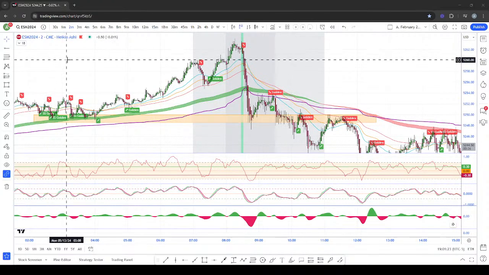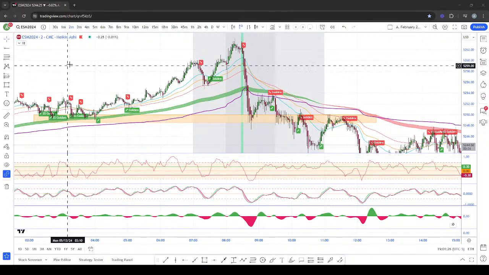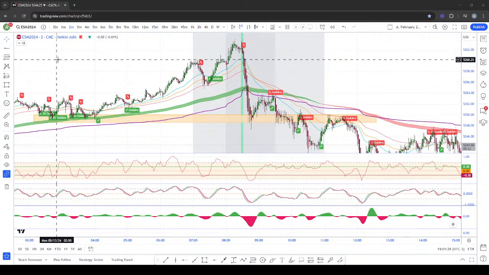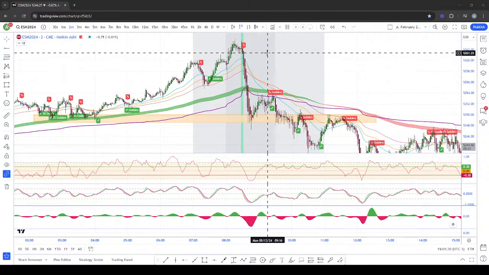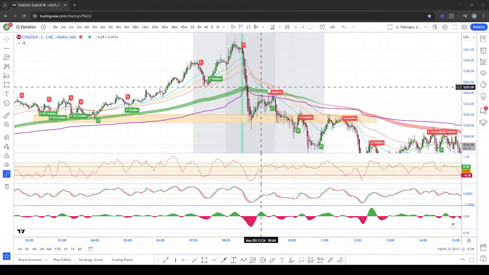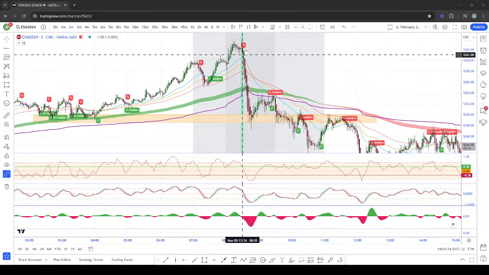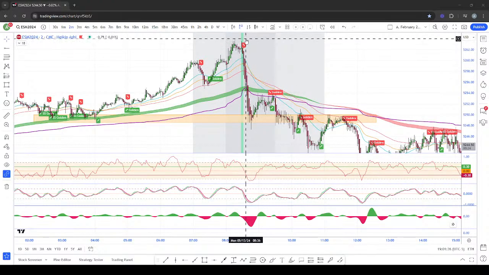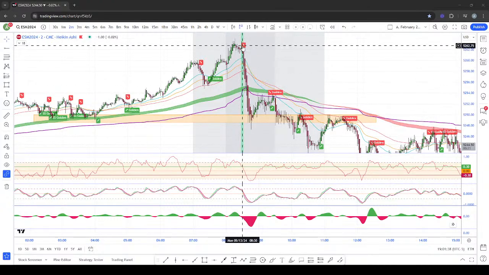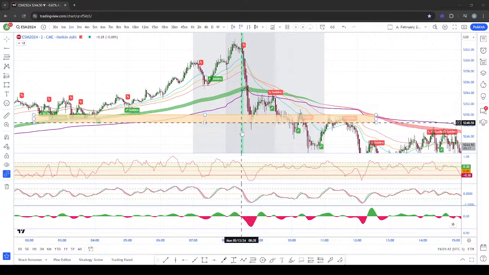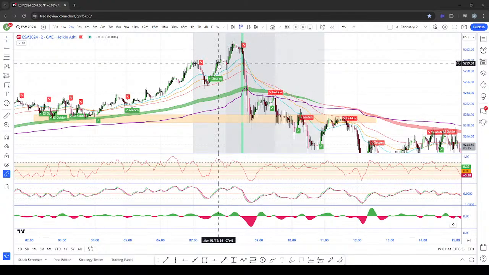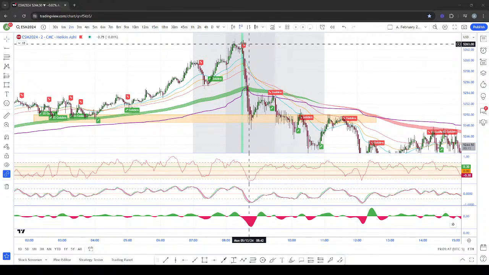Today we're going to start with ES futures 2-minute contract, and we're going to look at divergence trades and some really nice setups in and around the New York Open. Right here, this green bar, as you see on my charts, is the New York Open. So right here, right before the open, we have this really cool